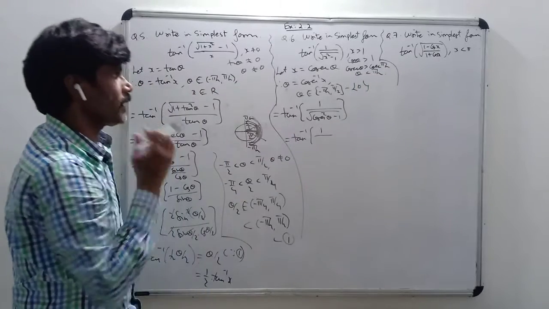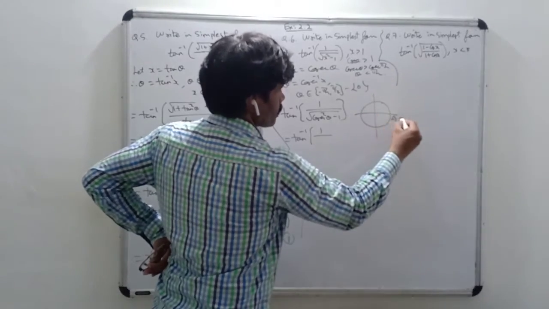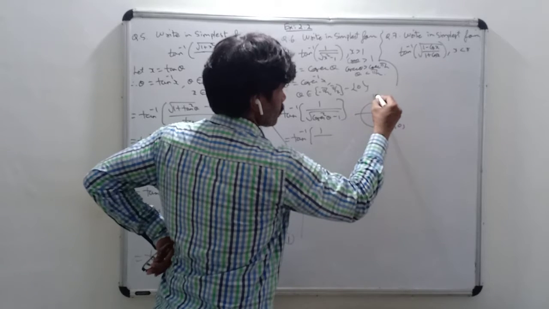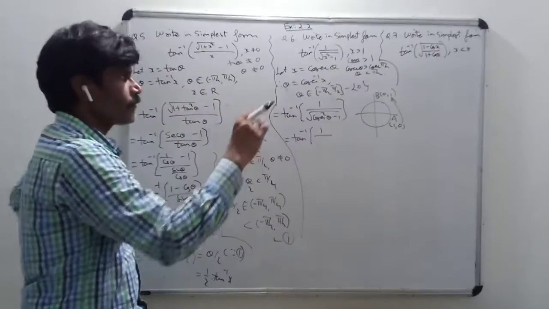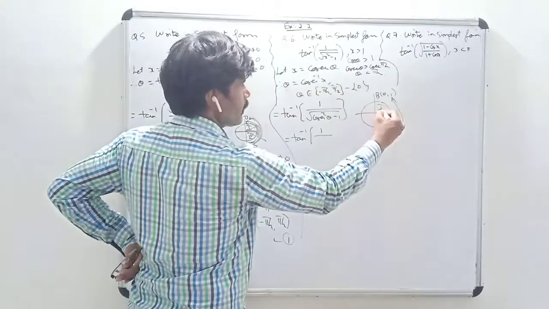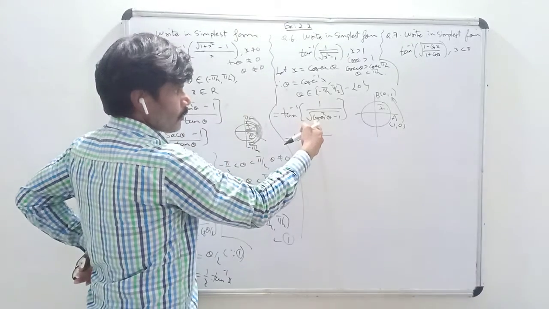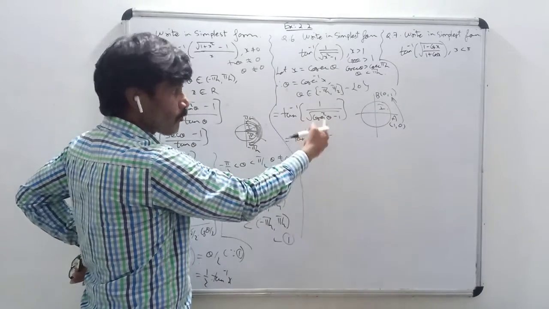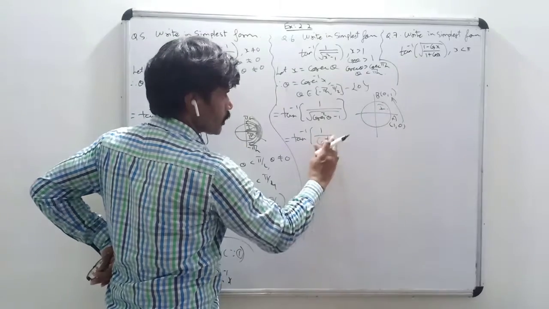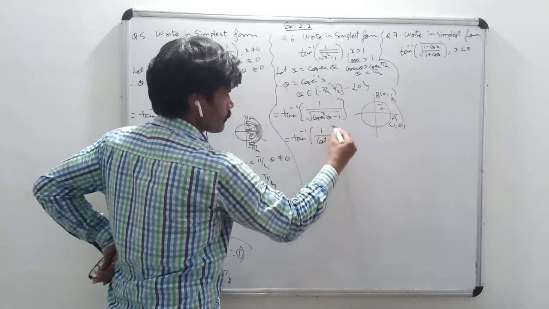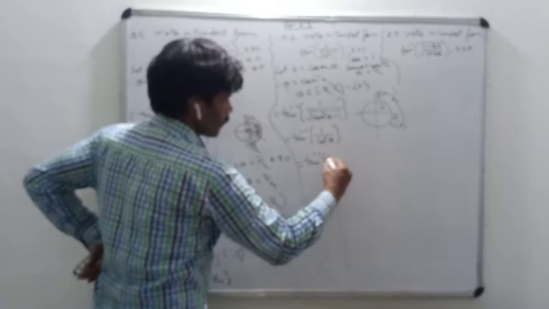Cosec function is decreasing in the first quadrant. Let us see the cosec function. See, sine is increasing in the first quadrant, so cosec will be decreasing. So theta is less than pi by 2 means theta is in the first quadrant. Root of cot square theta will be mod cot theta, but as theta is in the first quadrant, you will get cot theta only. So that is equal to tan inverse of 1 upon cot theta, which is tan theta.